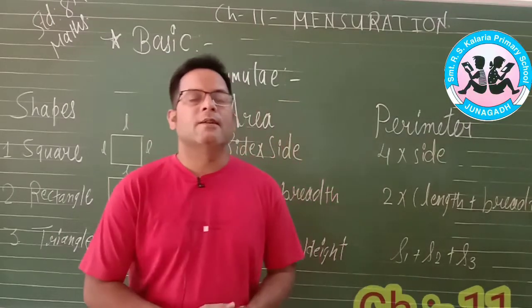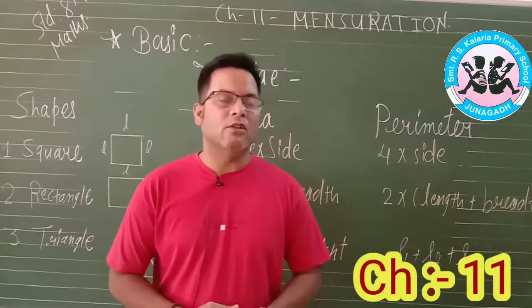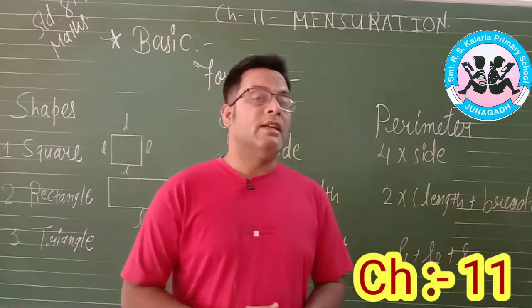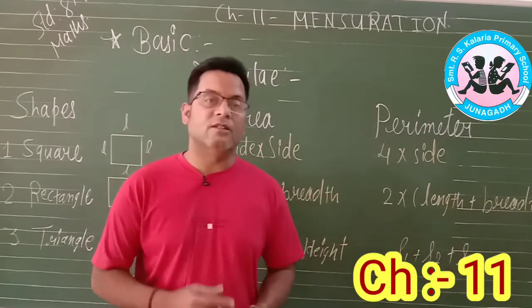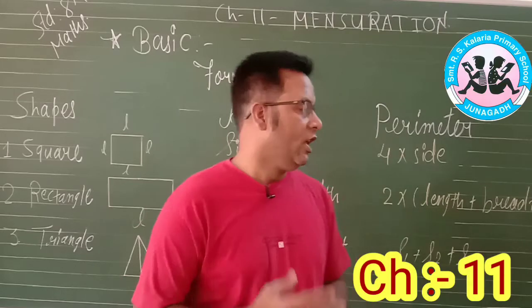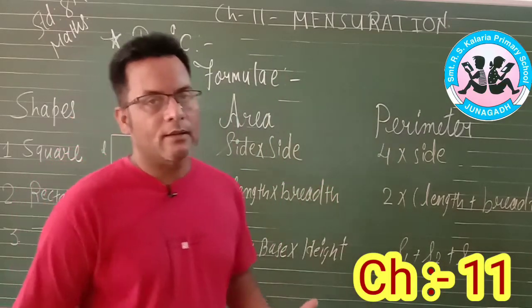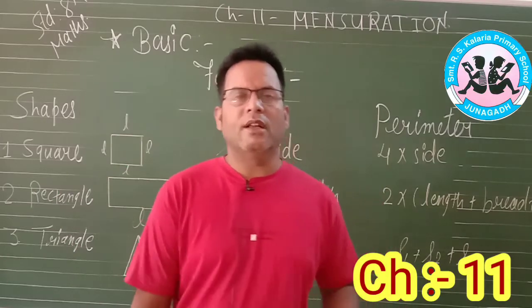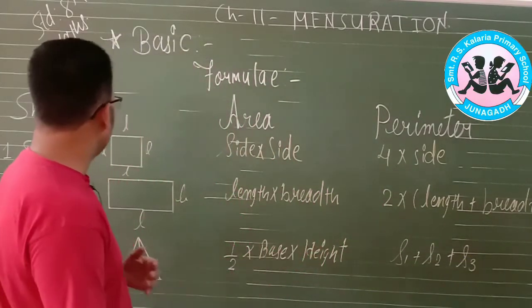Consideration. This chapter is so handy for you. You have to understand very well all the concepts on the base of shapes, right? Because this chapter will deal with in standard 9th and 10th also. First of all, square, rectangle, triangle, circle. This will be learning from lower standard. Okay. So once again, just take a glance.